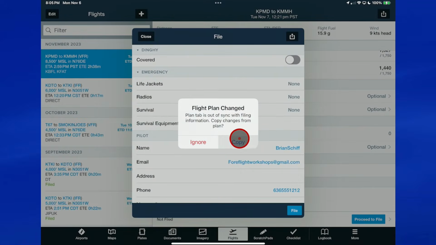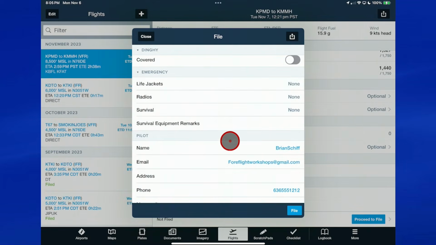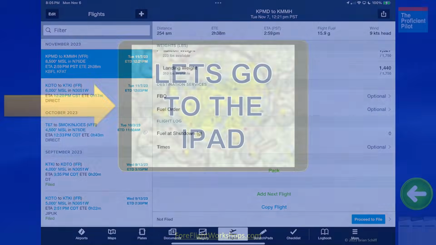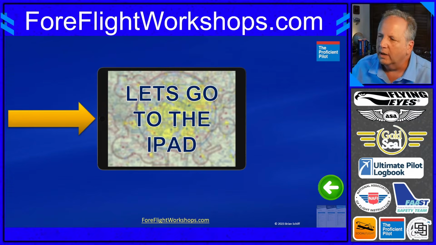All right, flight plan changed. Plan tab is out of sync with filing. Yep, because I canceled it. So let's close that. And that's a flight plan from filing to looking at the route, sending it to flights, and then looking at a briefing and filing the flight plan. Any questions on that? If not, we'll take a break, and we can come back and talk about